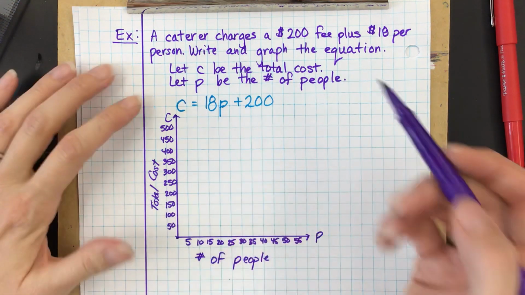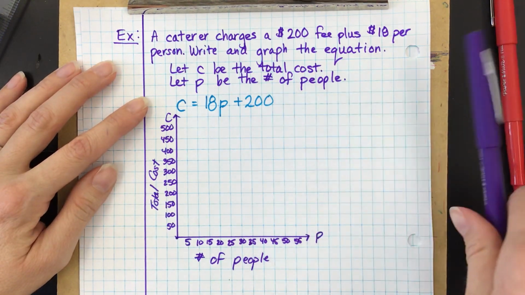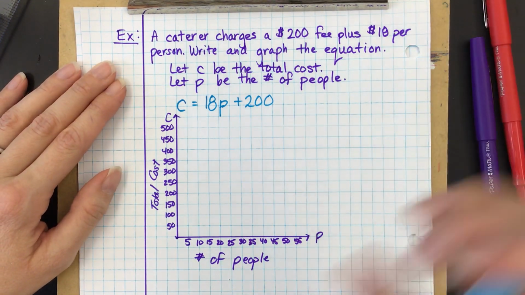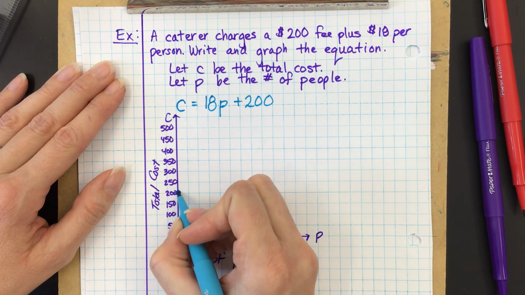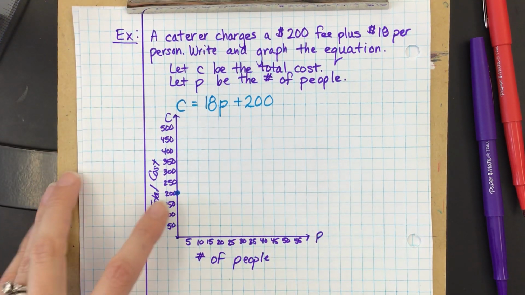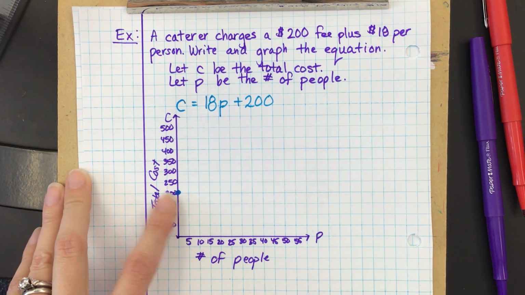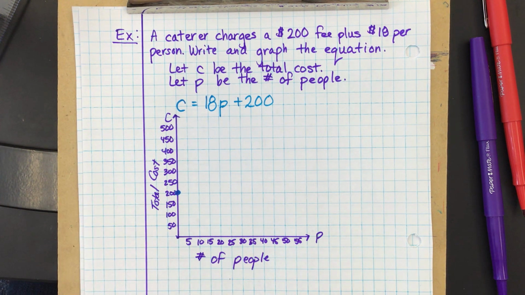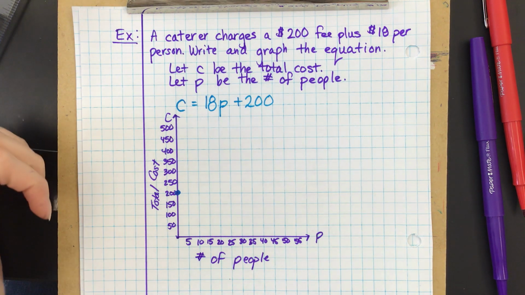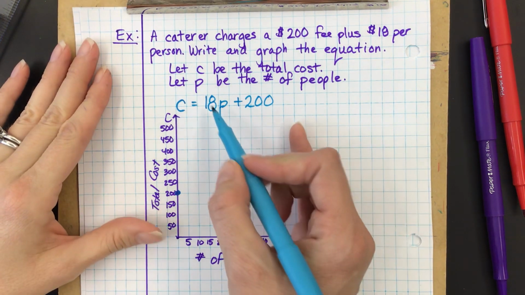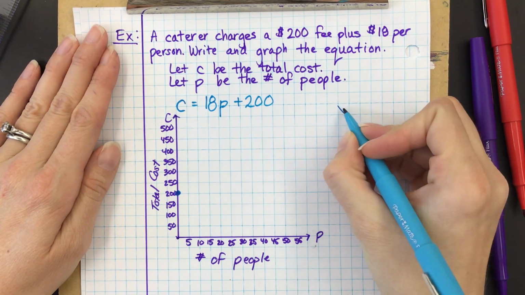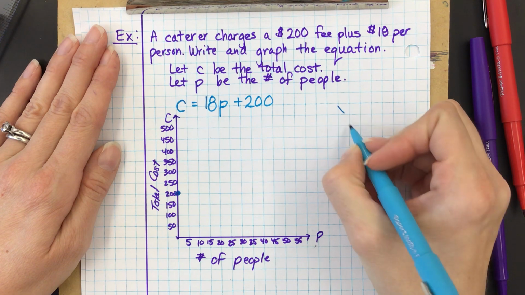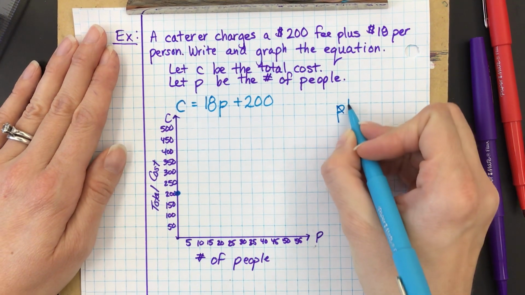Well, in this case, we know that 200 is our y-intercept. That is that one-time fee. Once you've agreed to have that person cater your event, you're going to have to pay $200, even if nobody comes. Now I'm actually going to use a little input-output table to help me with this, because with the 18, the numbers are going to be a little bit off. So I'm going to use the same variables that I have here. So this will be number of people